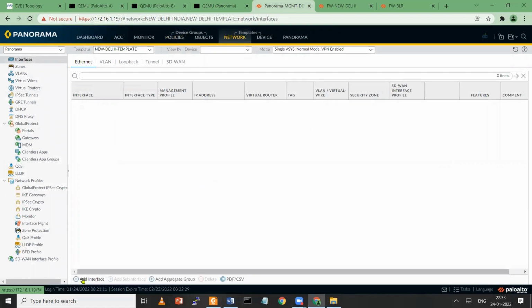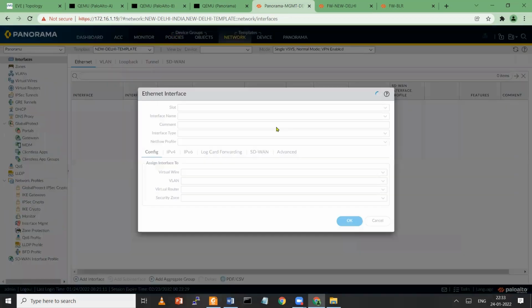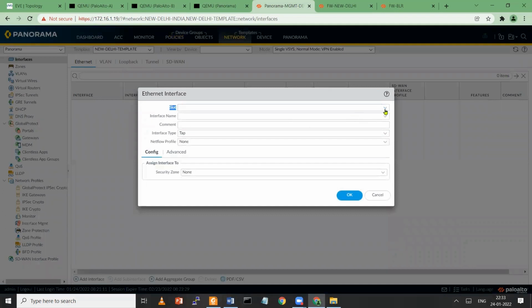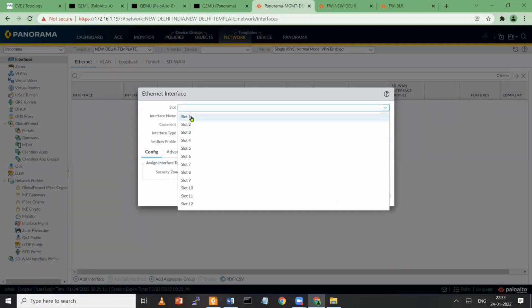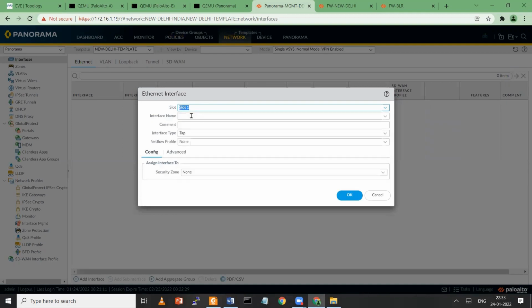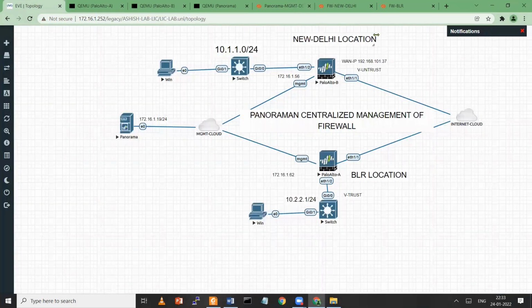So first you have to click on add interface and come here under slot. See, this is the slot option. Click on first slot. For different groups of interface, we can create slots. As of now, I'm using slot number 1, and I'll keep all my interfaces in slot 1. So Ethernet 1/1 is my WAN interface in my topology.